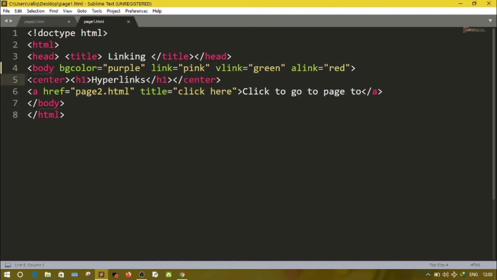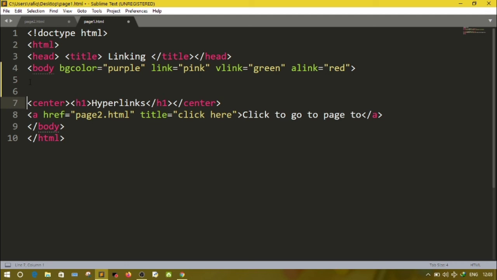Suppose now in a question you are asked to set the link color as yellow, visited link color as red and active link color as blue.